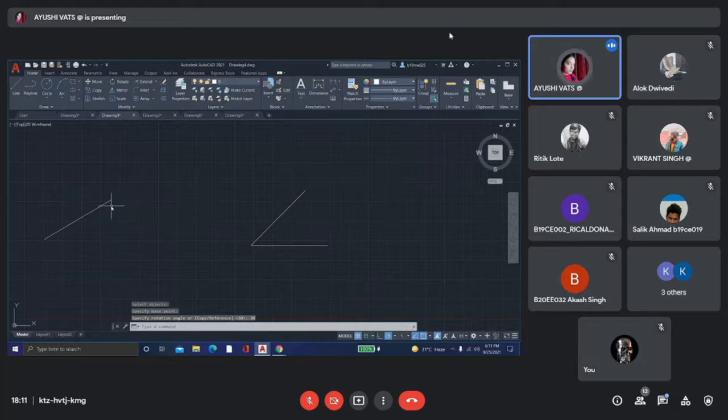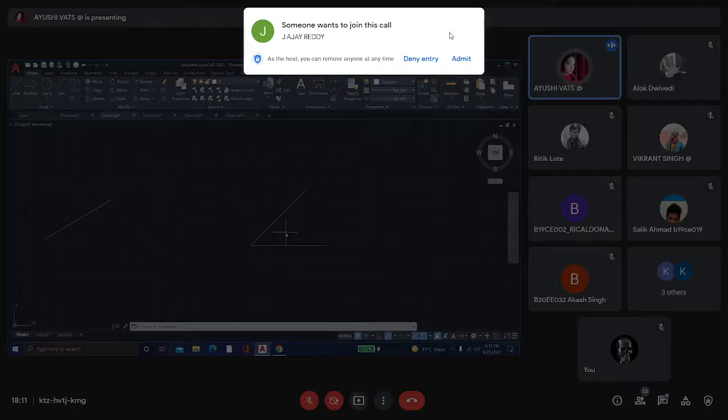You see that both lines are rotated by 30 degrees, but the angle is not showing the same for both. This line is also 30 degrees, this line is also 30 degrees. See the dimension. When you zoom in, you see that it is 45 degrees.